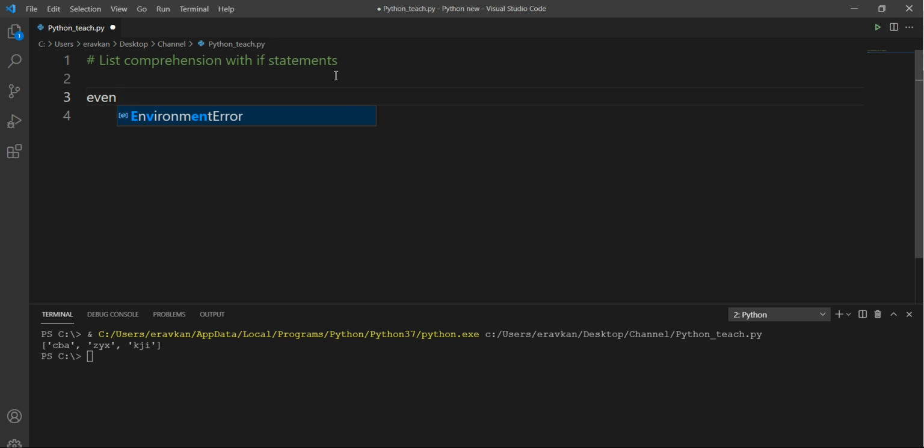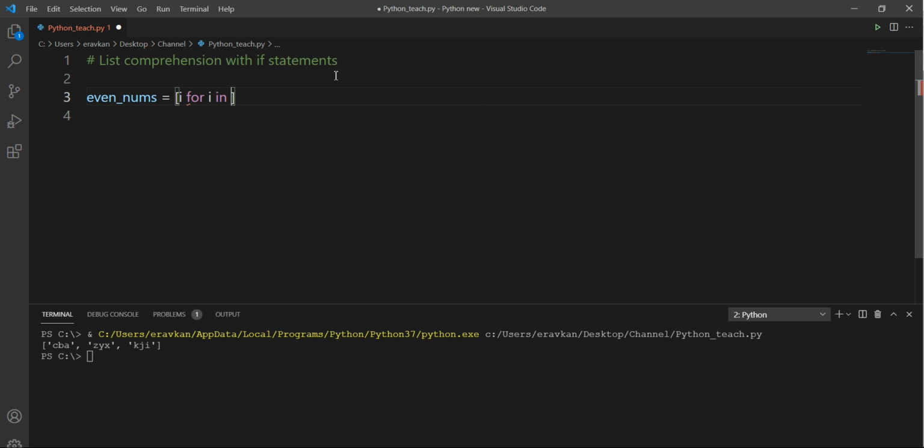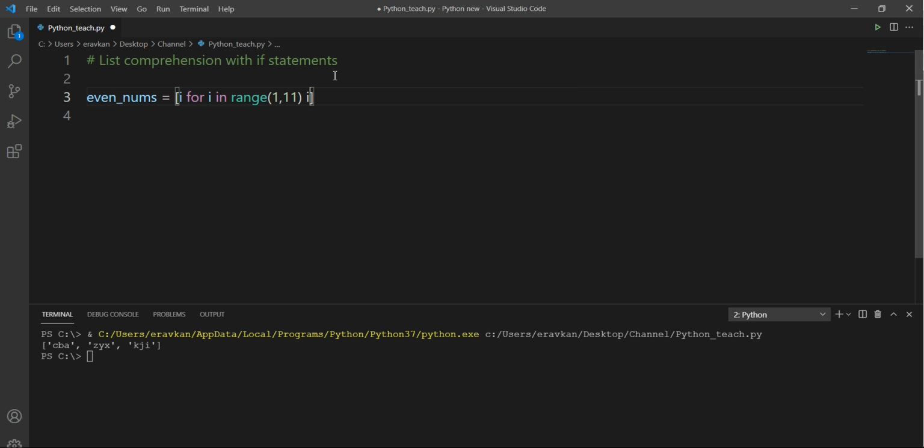Suppose I want to create an even numbers list: i for i in range 1 to 11, and the if condition is I want to append only even numbers to my list. So even, this is done.